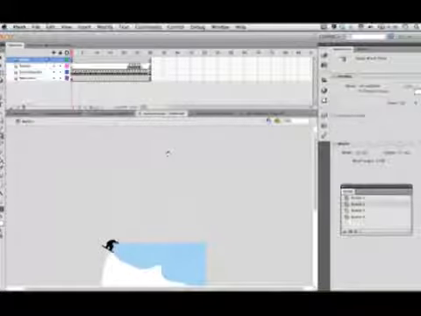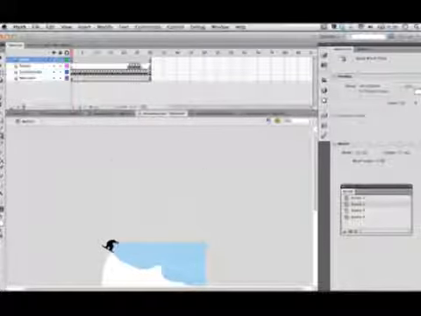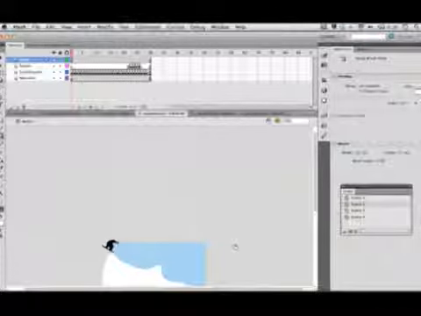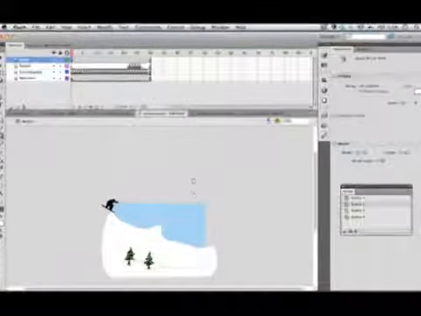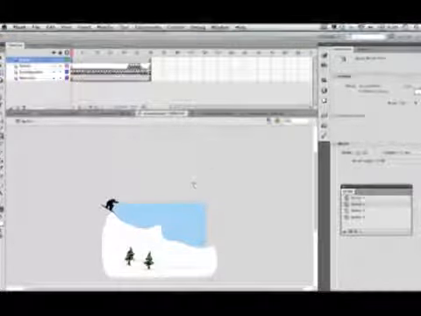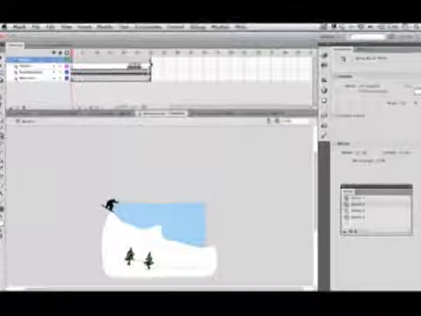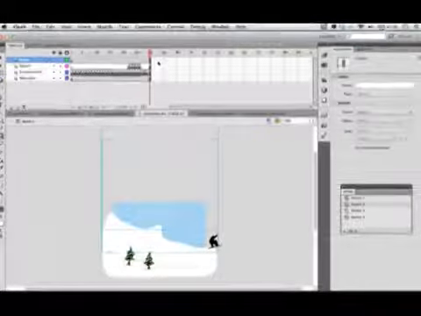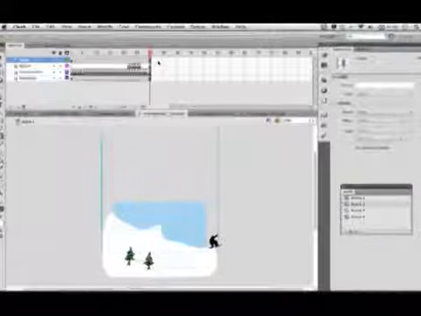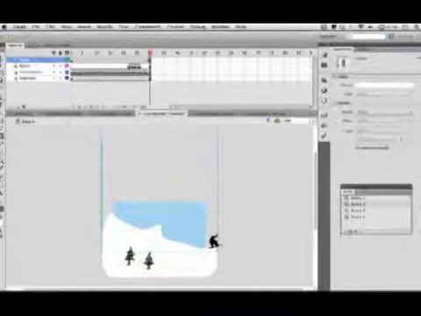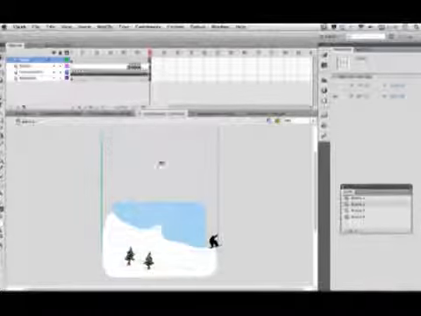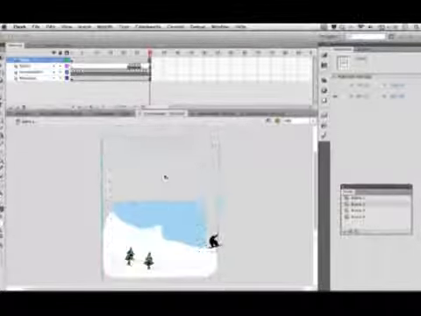And you want to start it so you can see it in the sky, but it needs to extend up a good ways above your stage so we have time for it to fall during our animation. Once you've got the snow drawn in on the first keyframe on your snow layer, make a new keyframe using F6 at the very end,